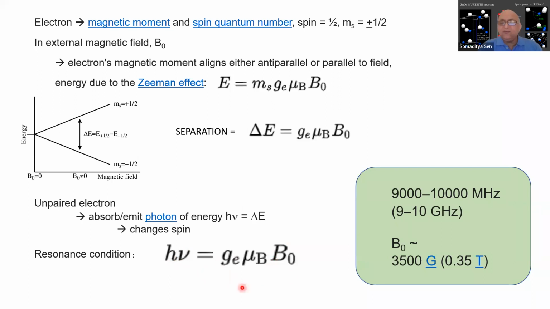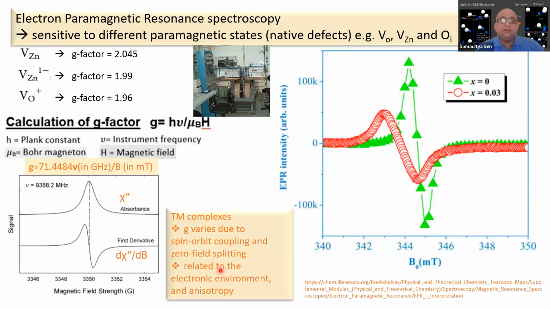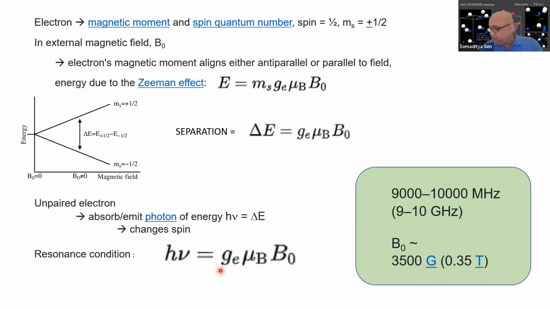Now, this gives us an infinite number of possibilities. Depending on B0, hν will change, because g and μB are constants for the material, right? So how much field you are giving will determine hν. Now, g and μB are properties of the material, right? So g changes with different types of defects, as I said here. So by probing the different g values, we can